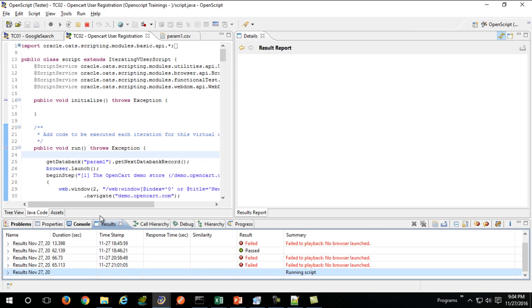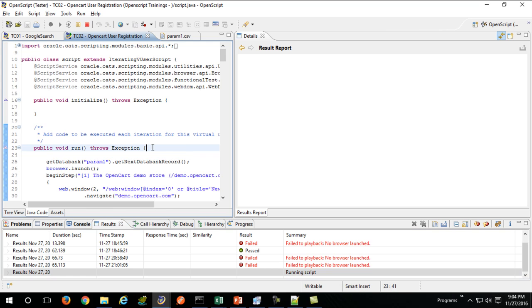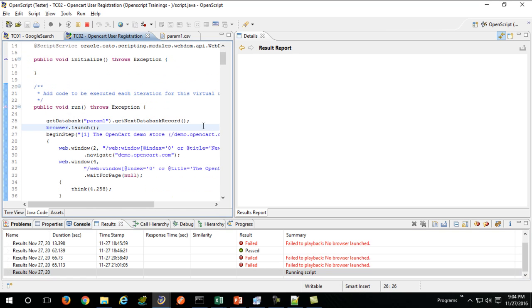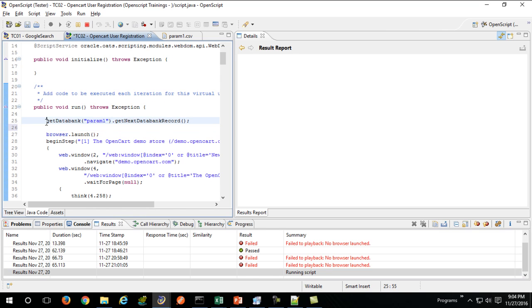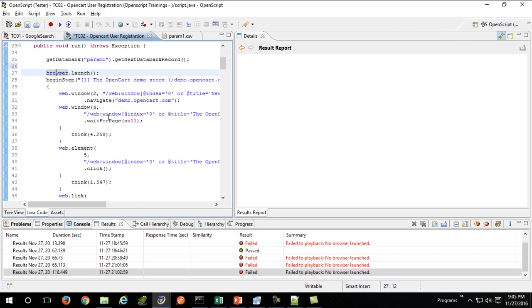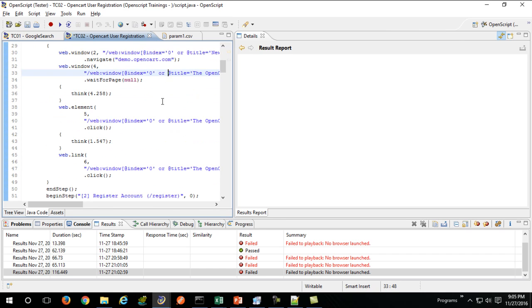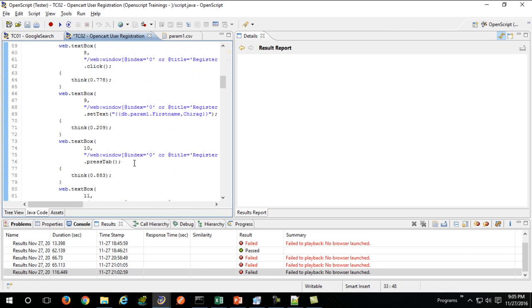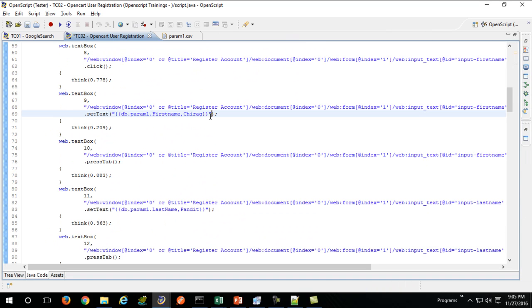So we've got the idea here of how it will work. Every time it will loop through our given data bank, which is param1. It will get the next record, it will launch our browser, it will navigate to demo.opencart.com, and it will use the values which are present in our data bank. So that's how you parameterize a given script.